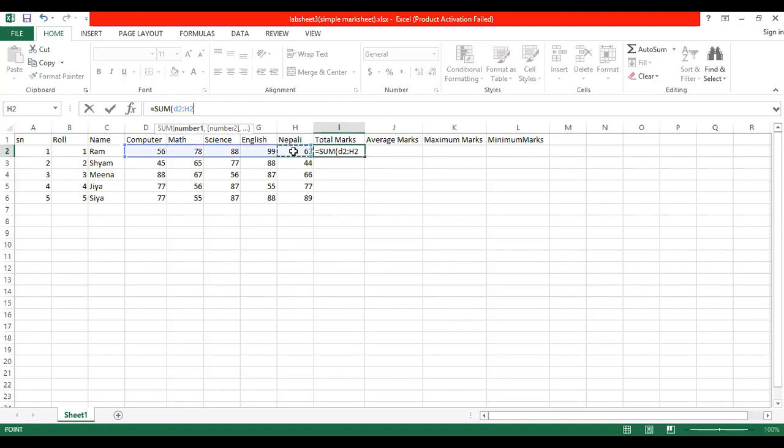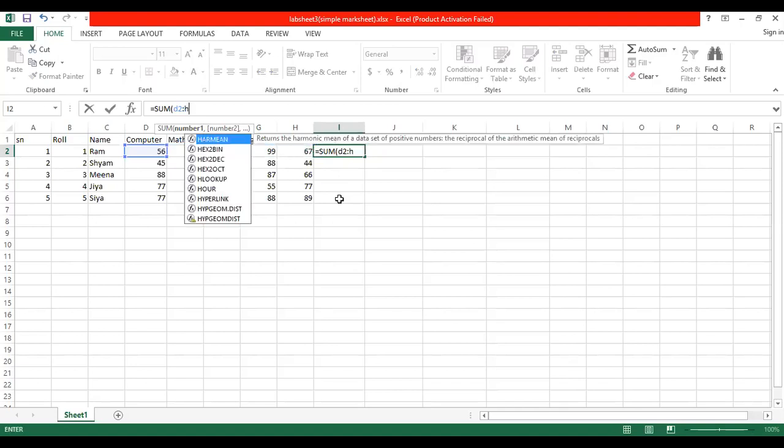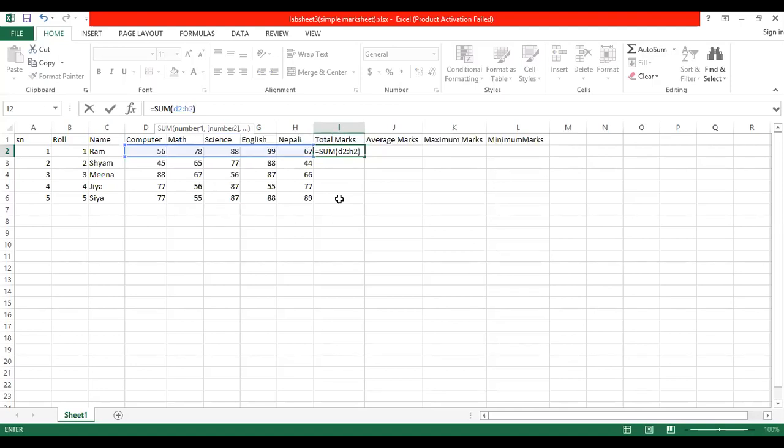You will use 67. What is the cell address of this one? H2. Enter. Got it? Same marks you got, no? So by this way, you can use the function to find the total marks.